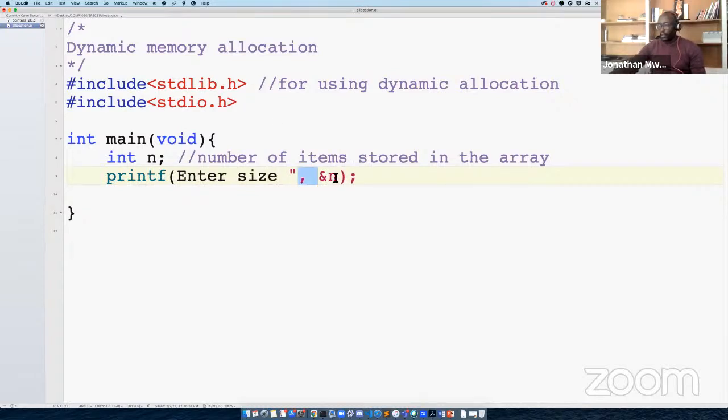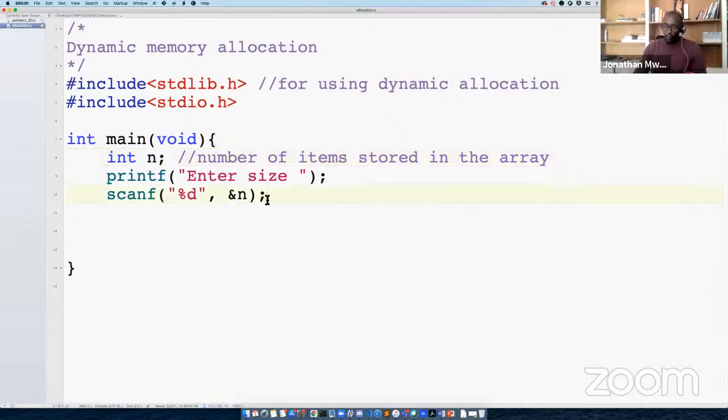Okay, so this will enter your size. Sorry, I need to have this thing over here. And then we'd use scanf like that. And now we put this to the address of n. So we can read an item now, and we can make as big an array as this number of items here.